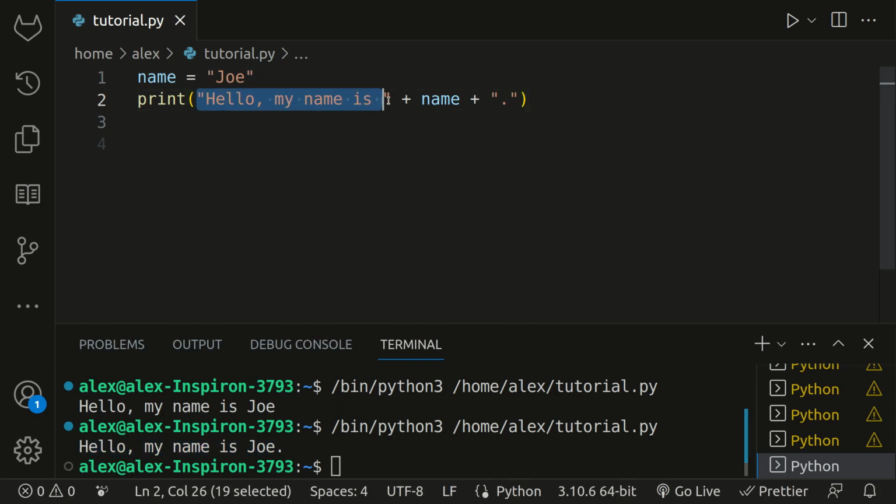So what it did is it printed, hello, my name is, plus the string Joe, which is contained in the name variable, and then plus just the string period, so that we have a period at the end of it. In the next section, you're going to learn about string formatting, which does this in an easier way, and you'll see why it's easier. But there are some other points in Python where you're going to need to use string